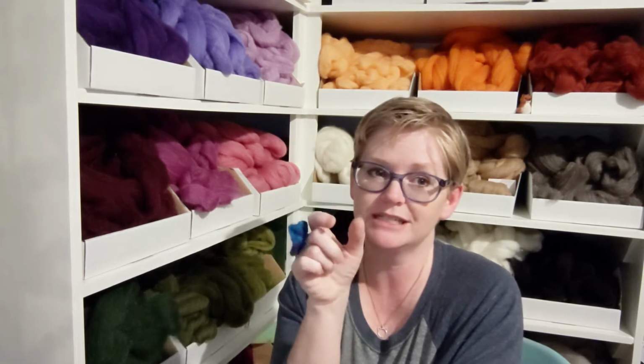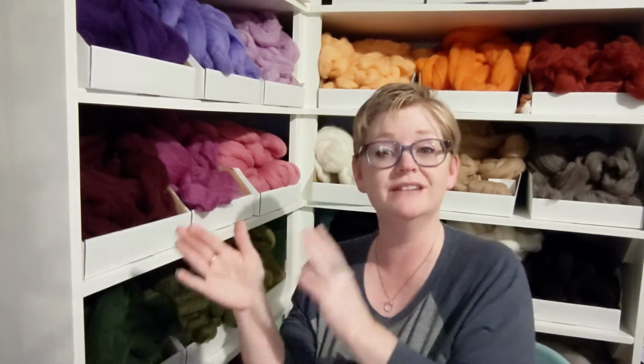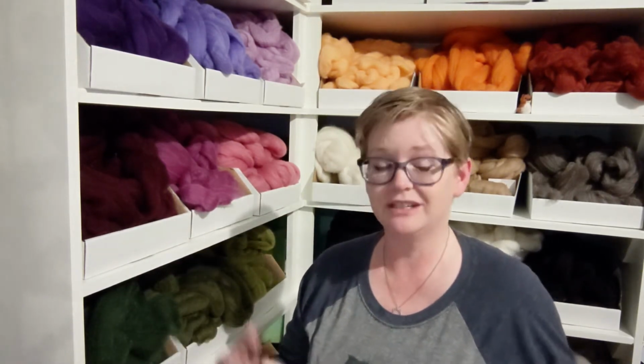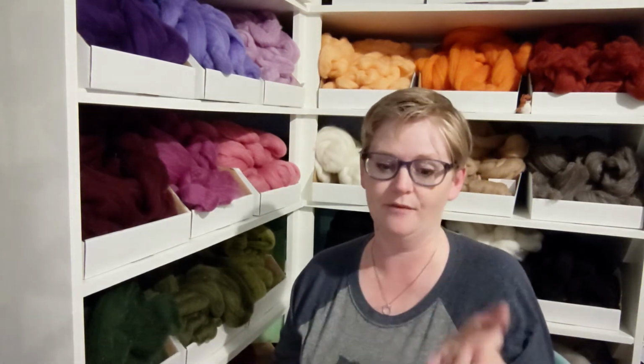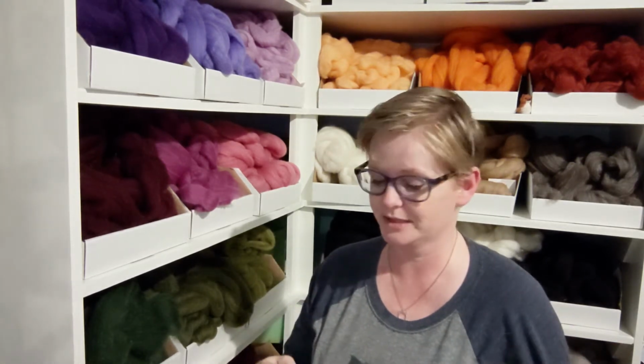So it's good to give a little white border between each color if you do that, just so that you get a truer sense of the color of that thread itself, where it's not as much of an influence of the colors that are beside it. Also, another reason to keep light colors together, so I'm not going to have white and red side by side. I would have white with other shades of creams and grays and other types of light neutrals. So once I get my charts made,